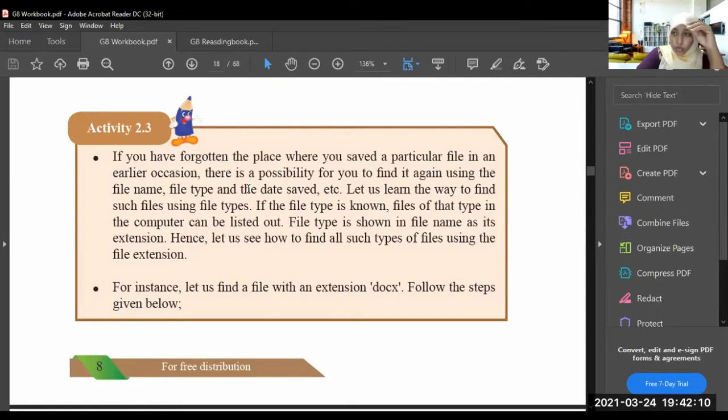For an example, if you created it using the word processing software, then the extension is already known, right? If it is from the word processing software, then the file extension will be docx, right? So now we are going to learn how to search a file by its extension. For instance, let us find a file with an extension docx.